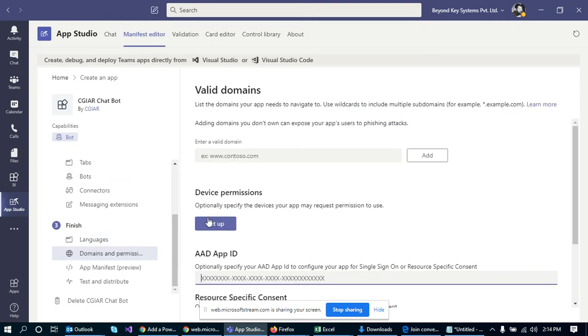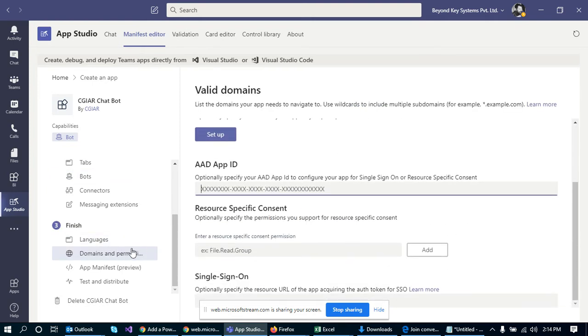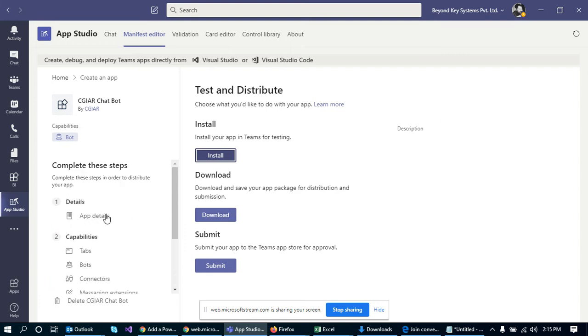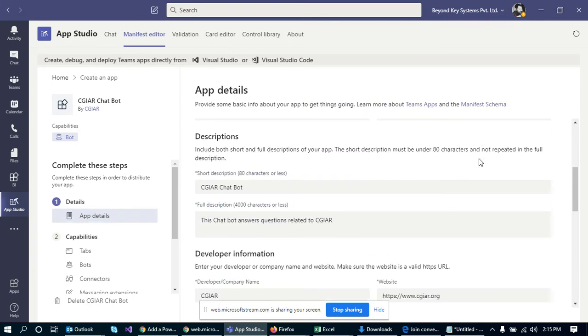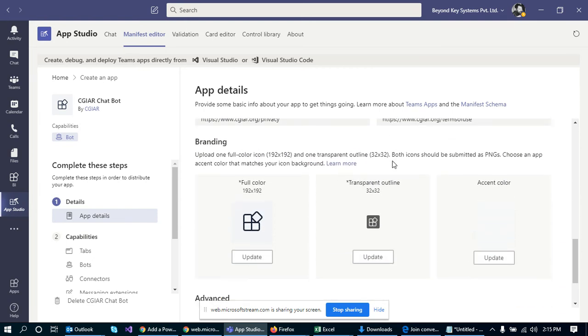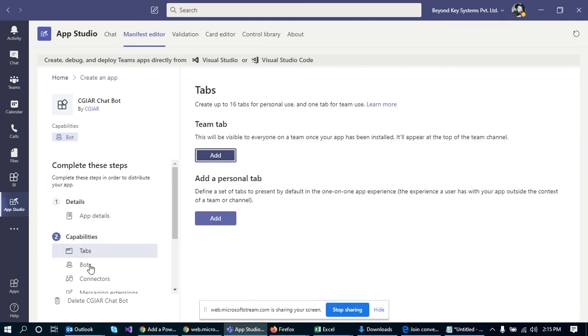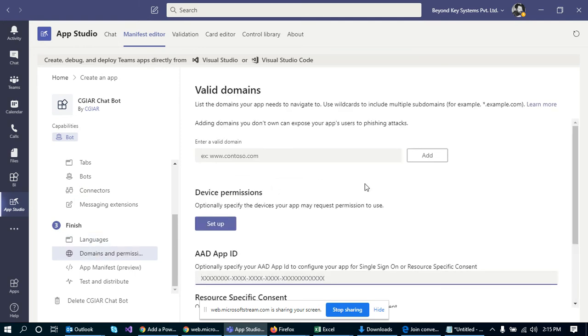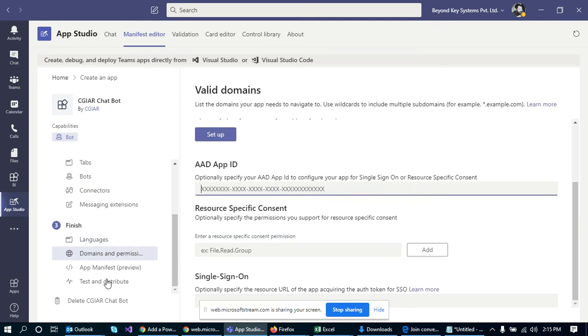Now the domains and permissions section is not mandatory. You can just click on test and distribute. It's asking for a field that might be left, so I'll see if anything was left out.